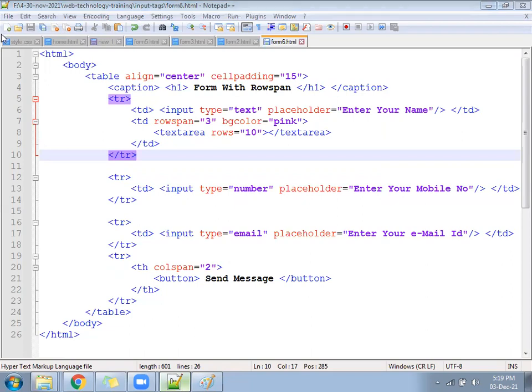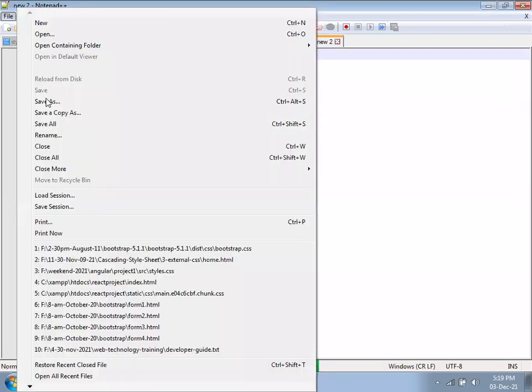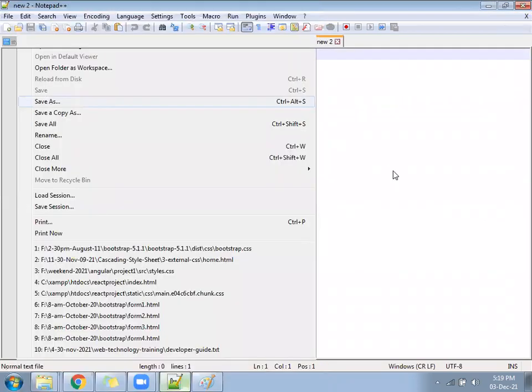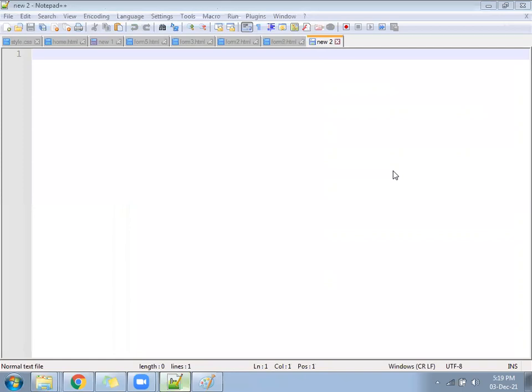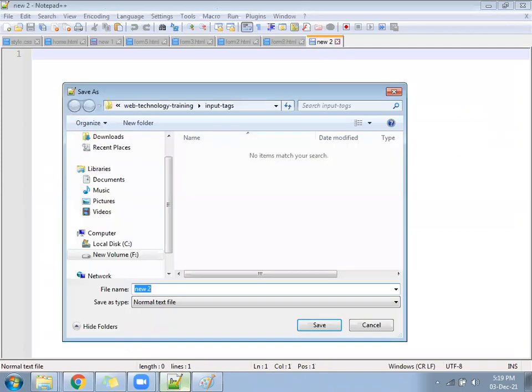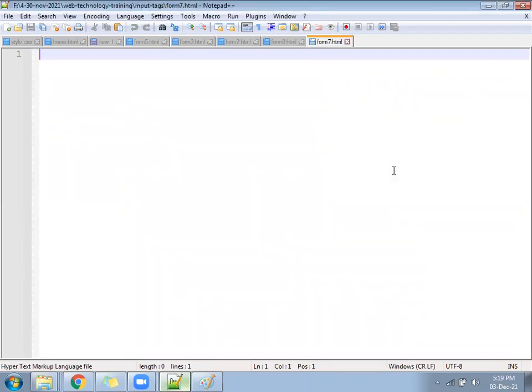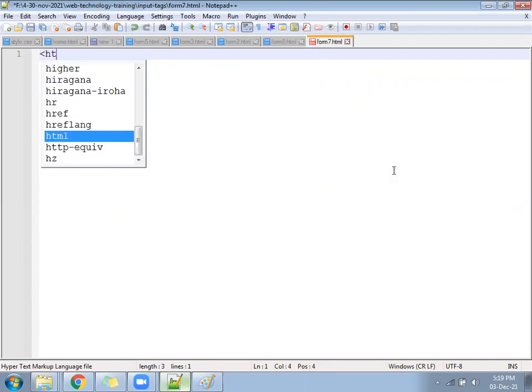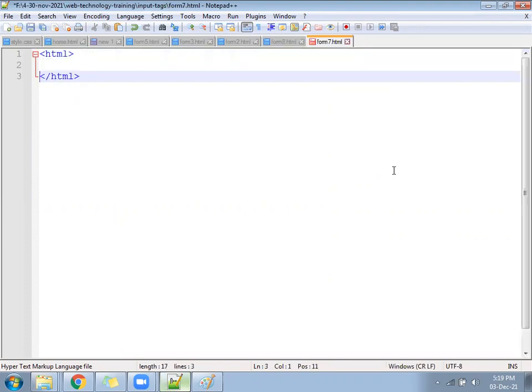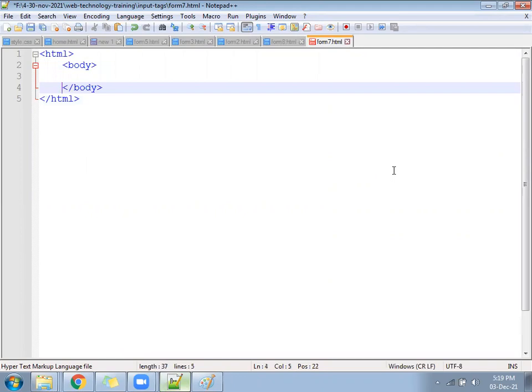Let me create the file called form 7.html. In that HTML we should have body, and we have a table also.